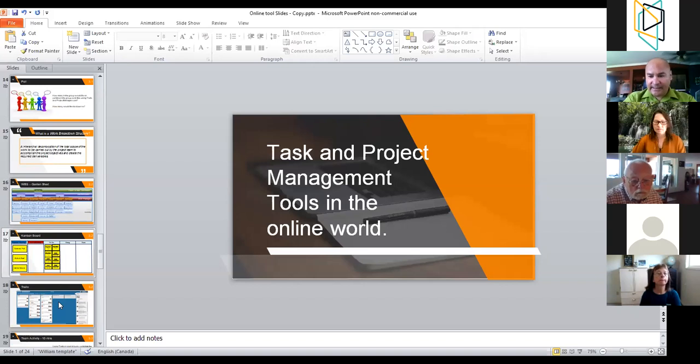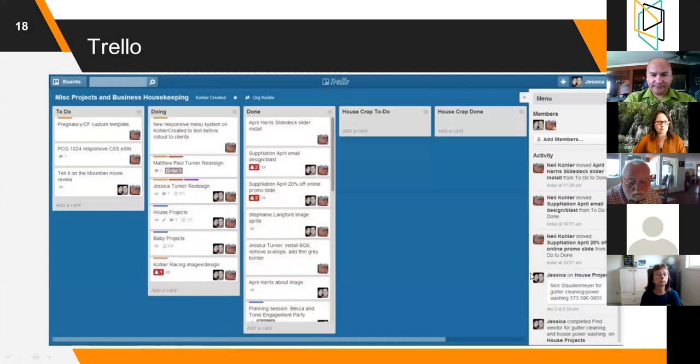Okay, so we have reviewed Trello, and all in all, my opinion of Trello is that it is a fantastic tool. There's lots of big organizations using it. It's so simple to use. There's actually an app for it on the phone. When my team's activities are done, I'll get a little ping, task moved from to do to done. It's live, it's interactive. I can physically access the board on my phone, and I can move it on the fly as well. Because it's free, I think it's a great tool. The next tool we're going to look at